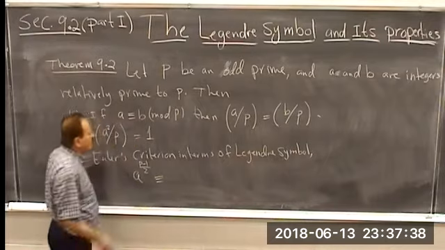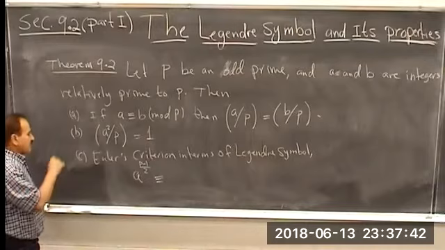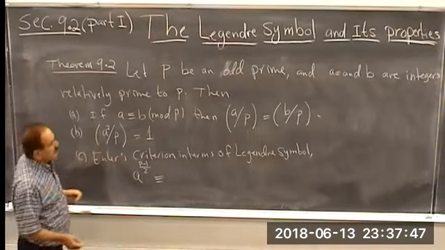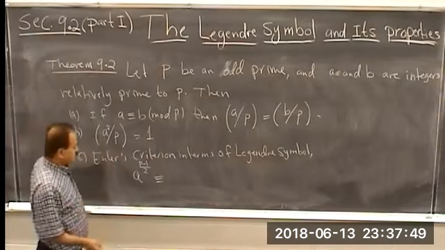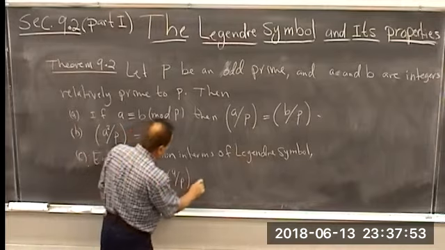And if this is congruent to 1, then it is a quadratic residue. If it is congruent to negative 1, it's a quadratic non-residue. So when we want to put this in terms of the Legendre symbol, it says simply this is (a by p)